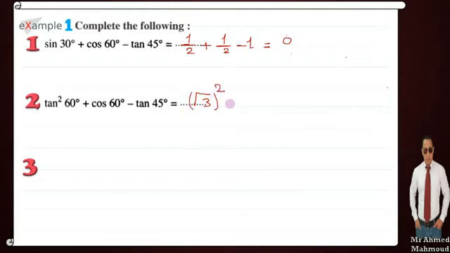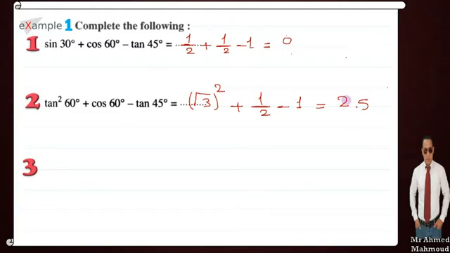So tan squared 60 plus cosine 60, which is equal to 1 over 2, minus tan 45, which is 1. It equals root 3 to the power of 2, which is 3, plus half equals 3.5, minus 1 equals